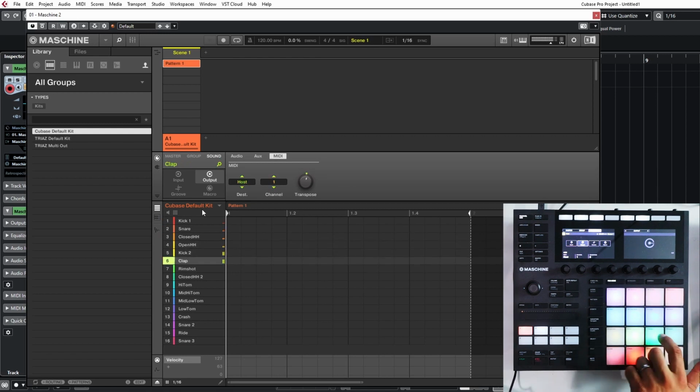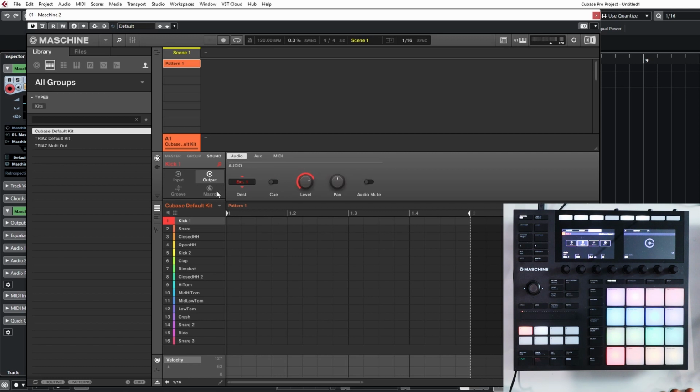Cool, so that pretty much covers the MIDI setup there. The audio, you can just click on here and you can route separate kits to